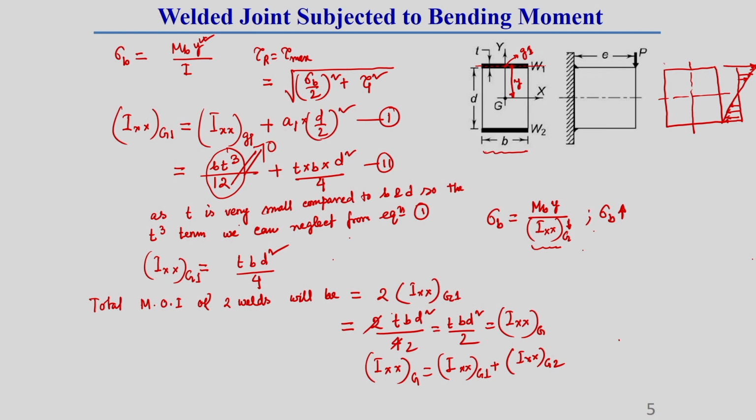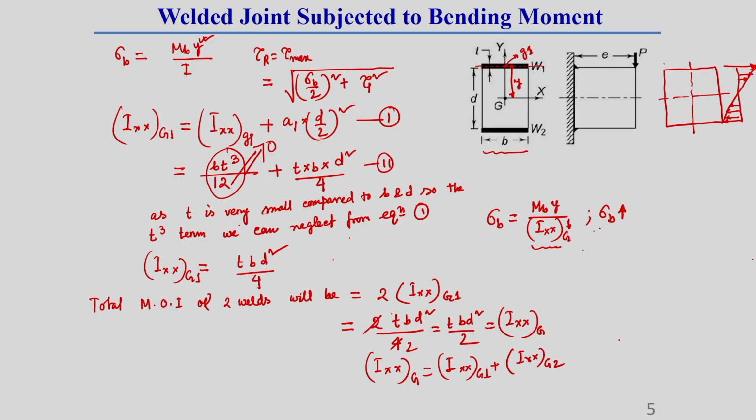What I am telling, understand, because here we are considering that okay, some more stress is developing. So, once there is more stress, there should be a larger size of this, what is it called, leg length or throat thickness, correct, to sustain that more stress. So, the dimension of this weld should be on the higher side, that means here we are considering more throat thickness and more weld leg length. We will be further on the safe side, you can say. By considering the actual TQ term, whatever the stress will be, that will be on the lower side. Then our dimensions of throat thickness and leg length generally will also be on the lower side.